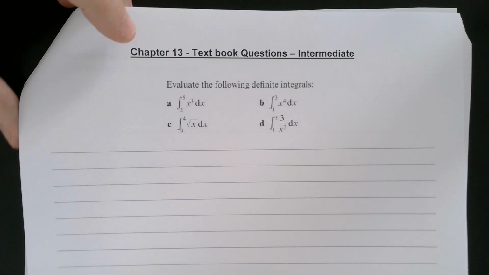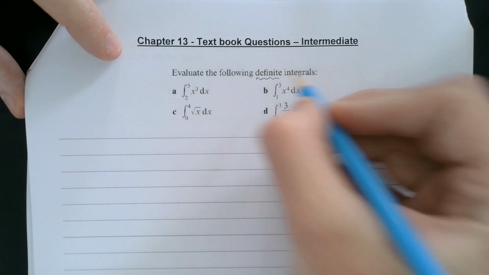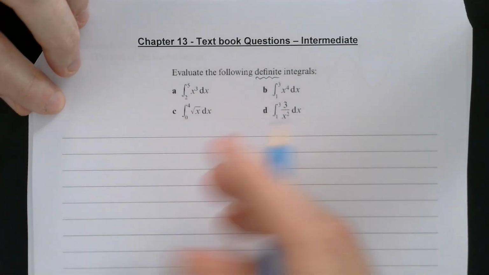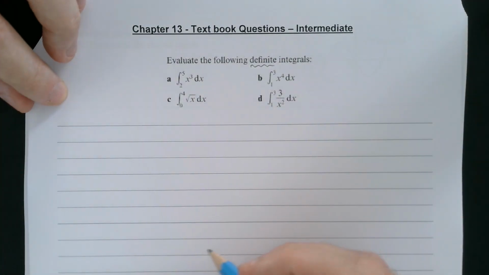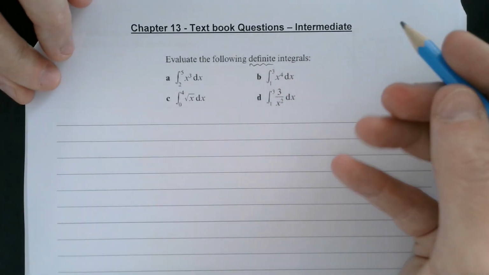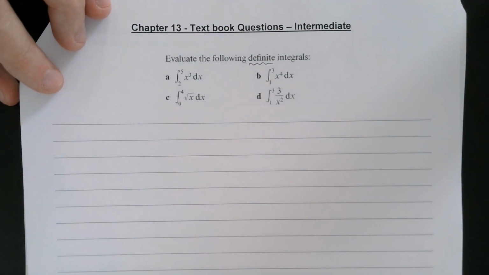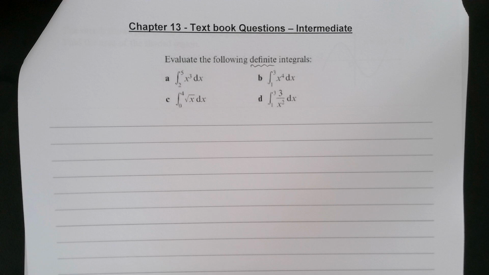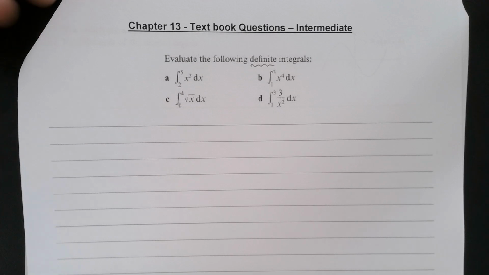Moving on to the intermediate type questions, we get to definite integration. I've put it in intermediate because the first thing you've got to do is integrate, and then the second thing is substitute in the values and subtract. So there's just more stages. I wouldn't say any of the individual stages are that difficult. If you can integrate, like if you can do indefinite integration, you can do definite integration, the first step at least. And if you can substitute